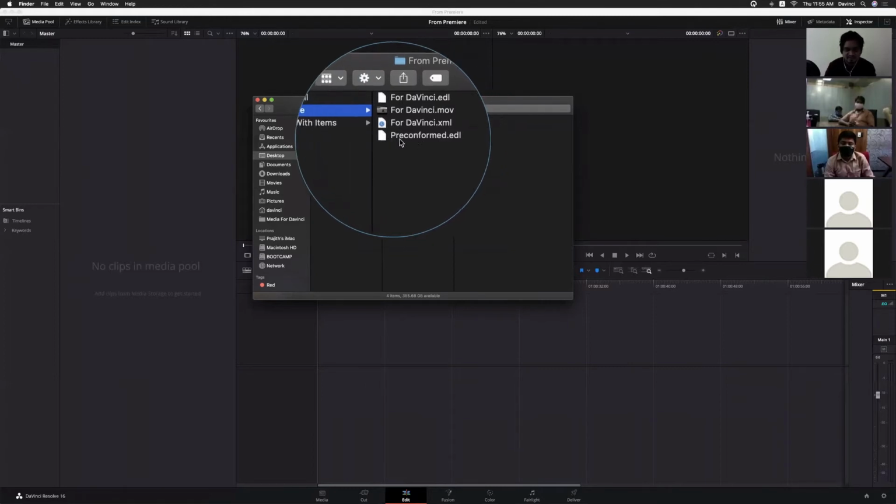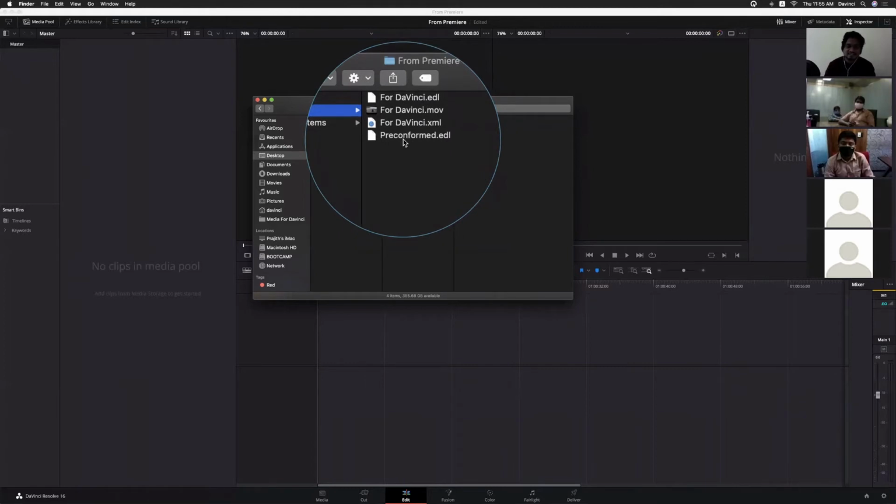So pre-confirmed means we export the high quality original file from our timeline, whether it's Premiere or anything else. We export the single timeline, meaning we export the entire timeline as a single clip. We render that and reconnect with that clip.